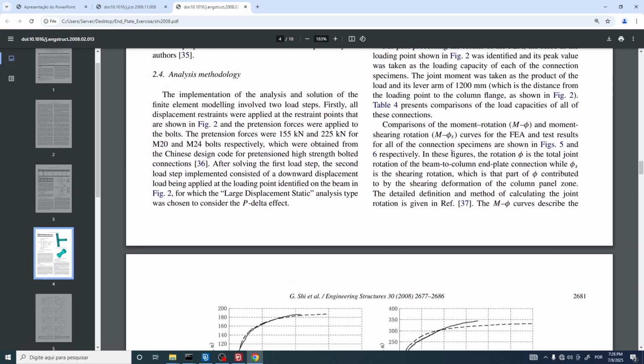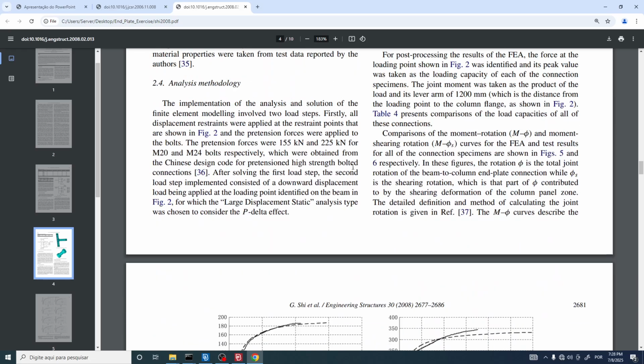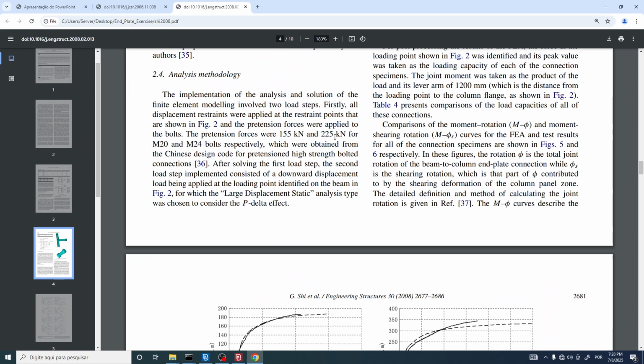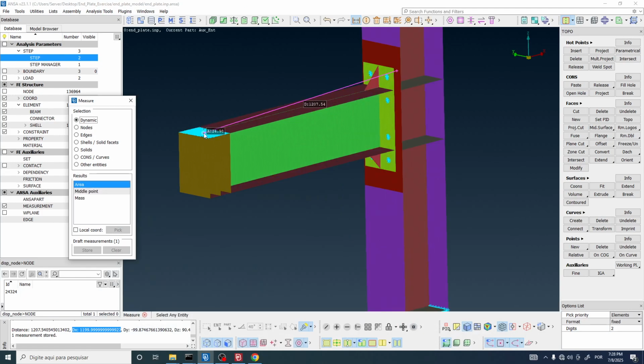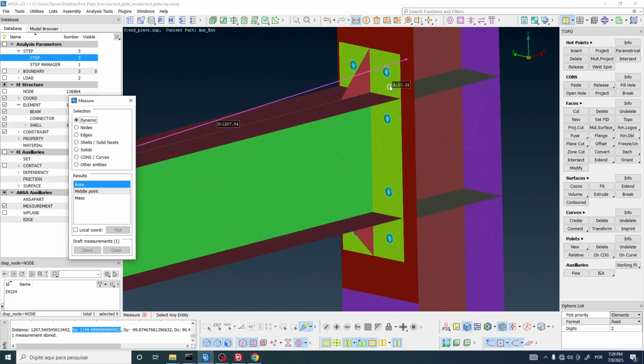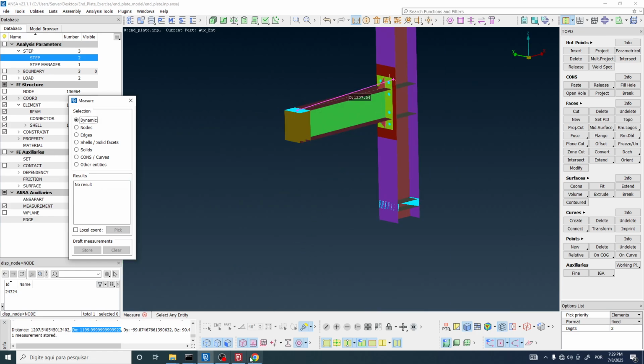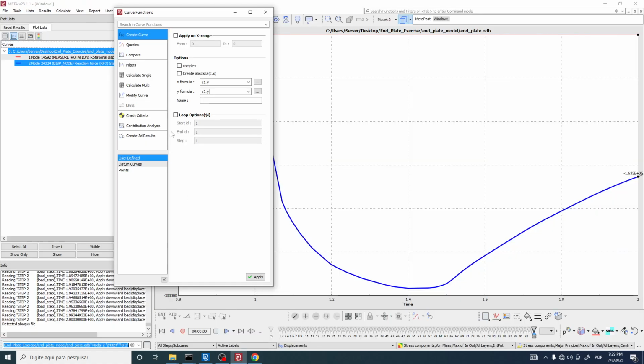Also in here, the person considered this distance to calculate the bending moment. If we multiply the force that we have here by this distance, then we are going to have bending moments around the end plate position. Okay, so basically here in Meta, we just need to multiply this by,